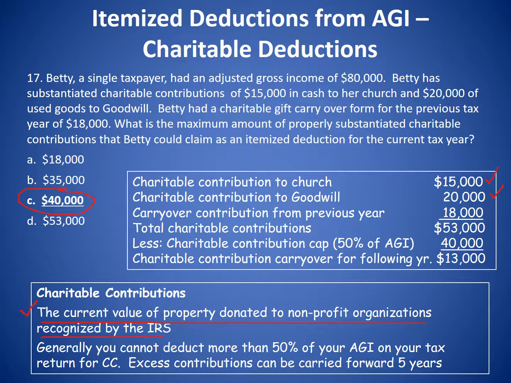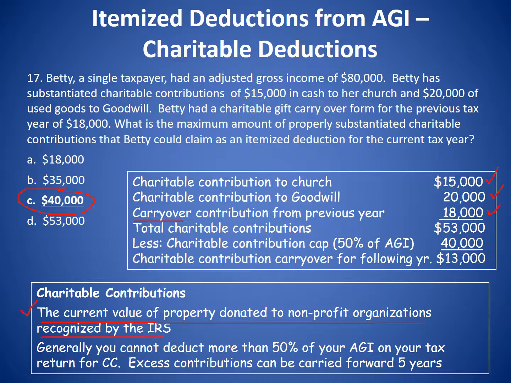And if you want to, you can read, there's a whole number of rules and regulations on the contribution of charitable property. But what we're assuming here is that she contributed a fair market value of $20,000 worth of property. Now, in addition to those 2 contributions, she had a contribution carryover from the previous year of